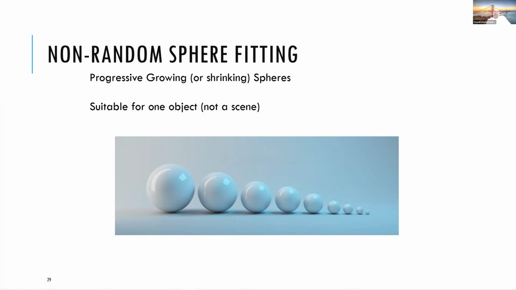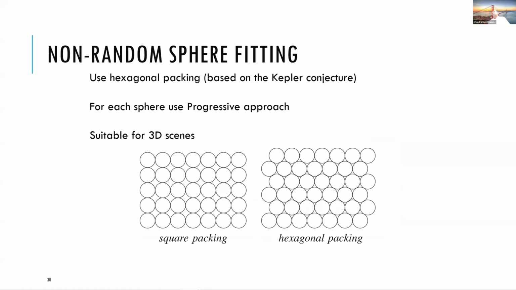I don't know if I've heard of this work before, but there is something called sphere packing. Kepler is known to have done that. A lot of us know Kepler for Kepler's laws, which I studied when I was a kid. But there's actually something else he came up with, sphere configuration. Given a space, what is the best arrangement of spheres to occupy the space? He came up with it. It actually is a hexagonal pattern.